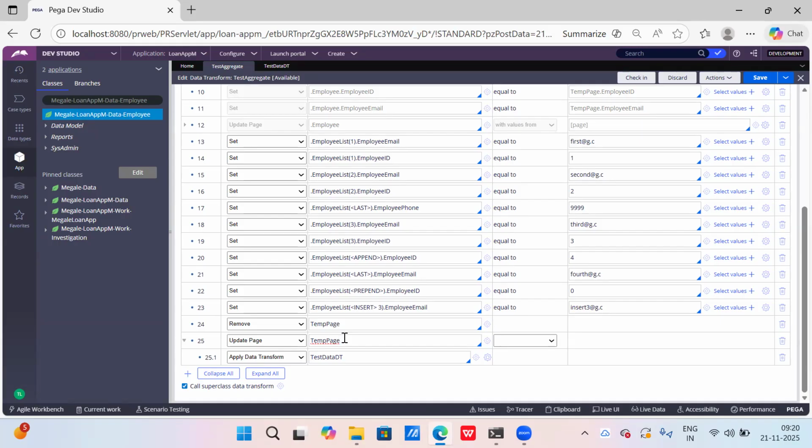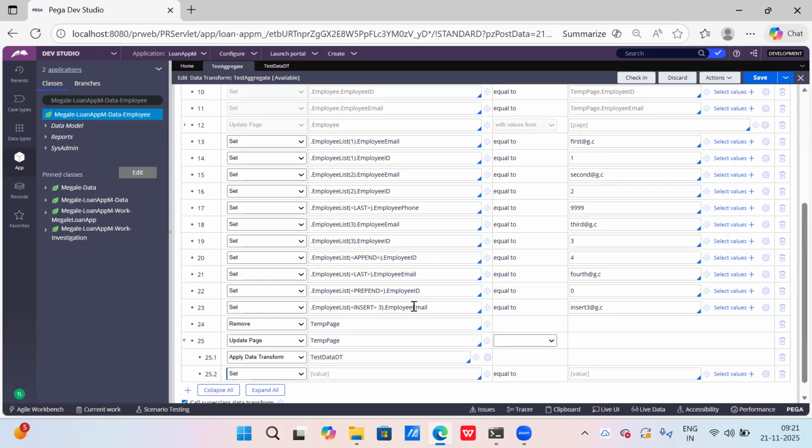Okay. Now let's understand the other important aspect. There comes the question. We haven't touched upon decision tables and decision trees, but yes, you will be asked how to call a decision table or a decision tree from a data transform. How to call them? Do we have any action specified to call that?